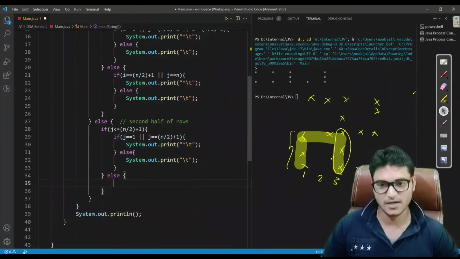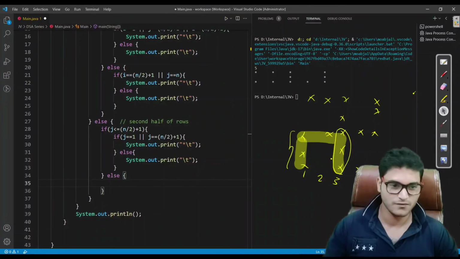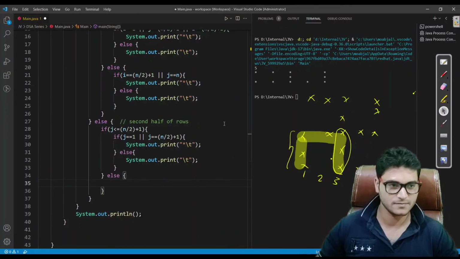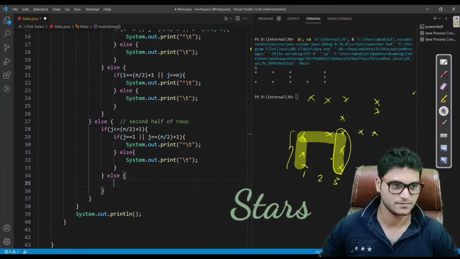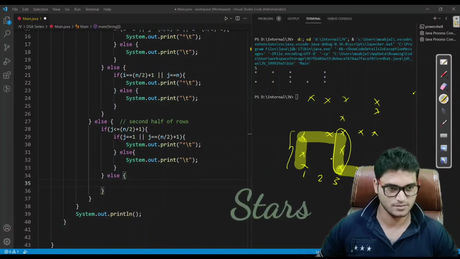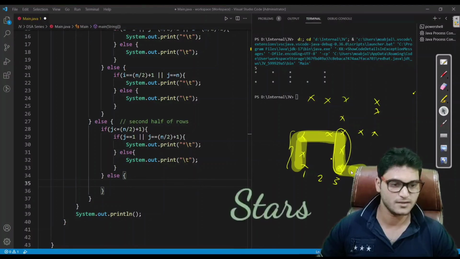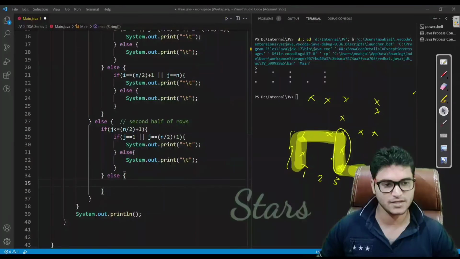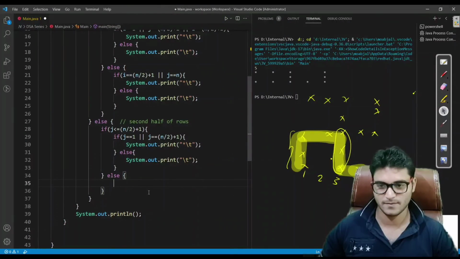If we are in the second half of the columns, then we just have to print these spaces, because we have already printed these spaces. So how will we do that? We will simply check whether we are in the last row or not.